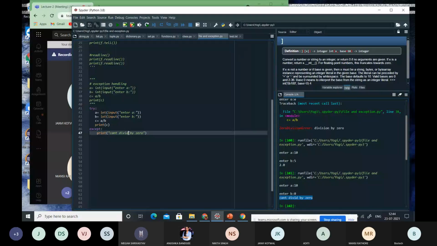Okay. If you want to put the else statement, you can also put the else statement with the program. In the except I have written this is my exception. The else, if you want to print any else statement, you can do that. That is up to you, it is optional.